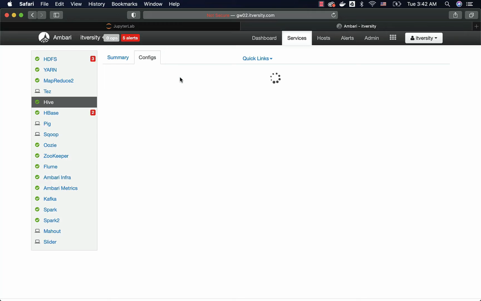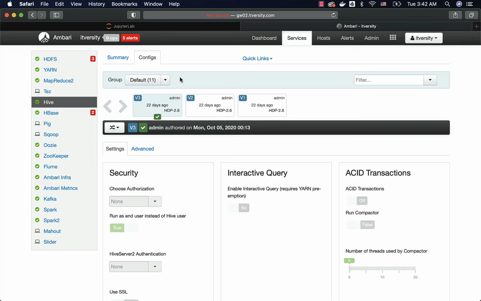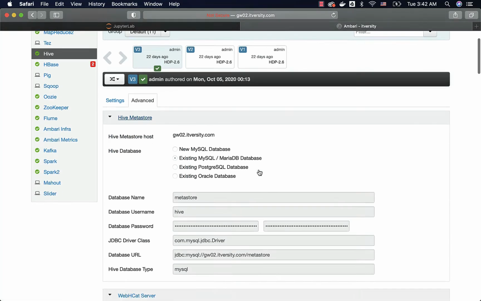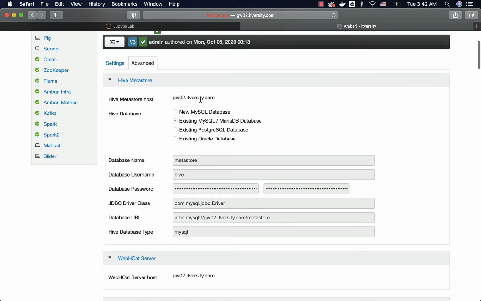As part of the configs, you should be able to see the properties related to metastore. It contains the JDBC URL where the metastore is running, or the MySQL database which contains that metastore is running, and also it will have connection information such as username, password, etc. Now you can search for metastore in advanced. You see here the property name for the host. There is no direct property for that. It will just extract the information from the JDBC URL. The properties are